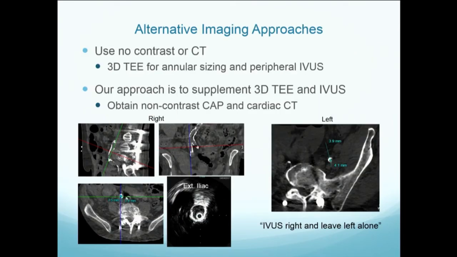What about alternative imaging approaches? One is to use no contrast and no CT. That's one approach, of course. A second is what we do, is we try to use everything that's possible. And so we'll do 3D TEE and IVUS, but we also do a non-contrast chest, abdomen, and pelvis, and a